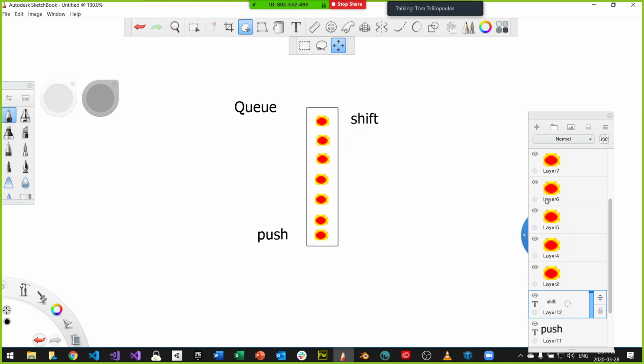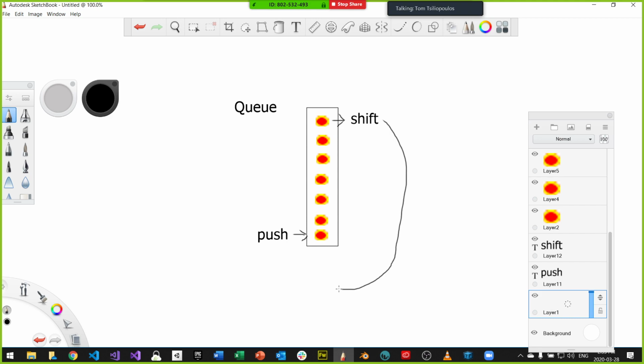Okay, I'm just going to put it like this so you can see it, and then I'm going to draw some things. When it goes into the queue, we push it into the queue. And when it comes out of the queue, we shift it out of the queue. That's what happens. So I push a bunch of bullets onto the queue, and when I want a bullet from the top of the queue, I shift it out. But what I want to do immediately is shift it out of the top of the queue and immediately put it back on the bottom of the queue. That's what I want.